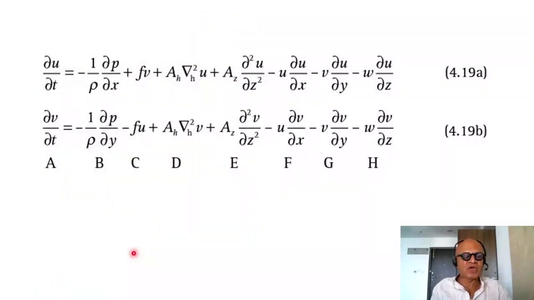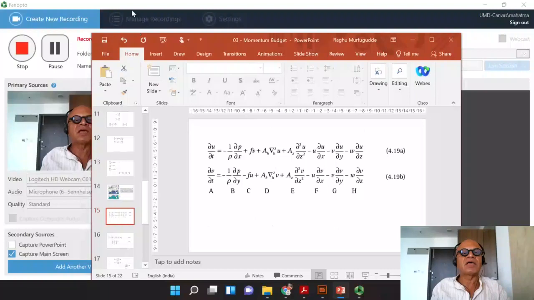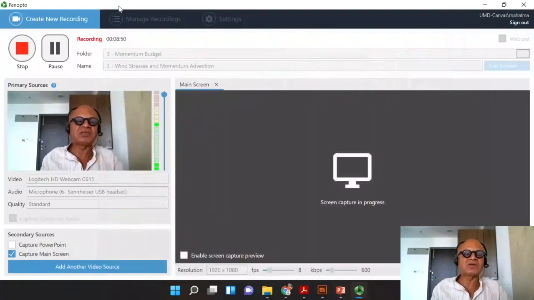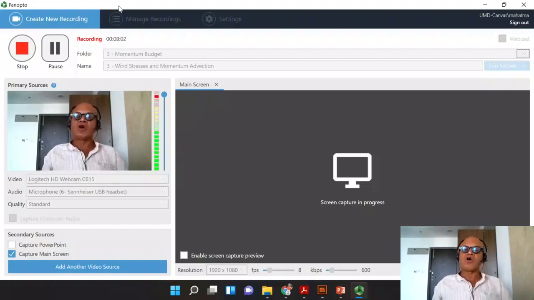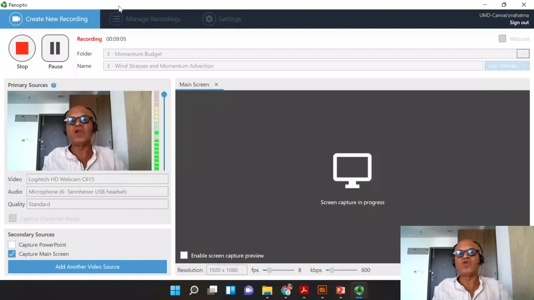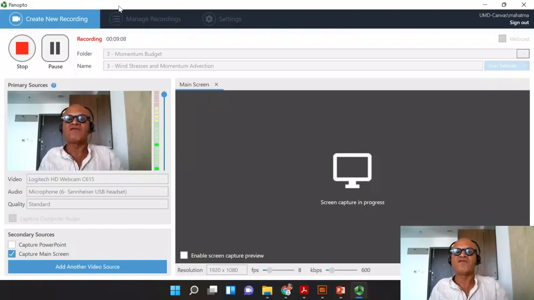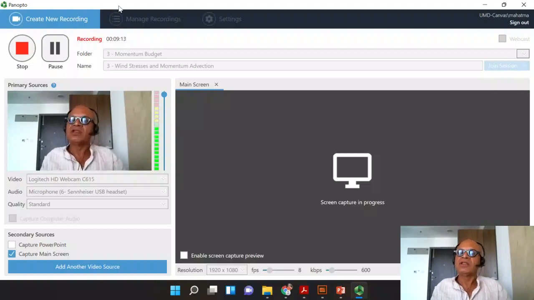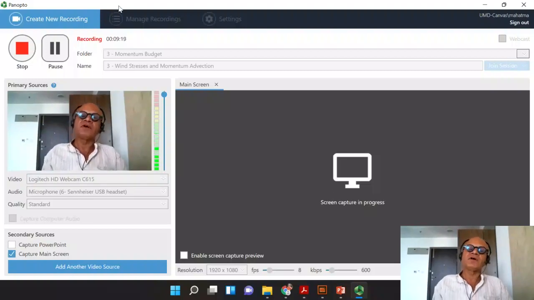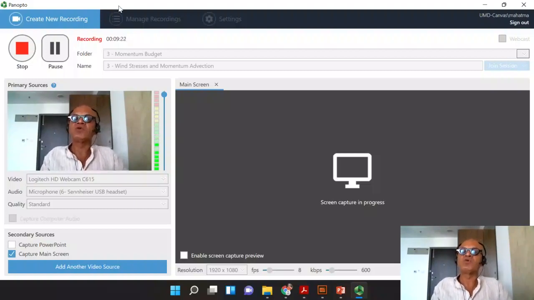So we'll come back and put together the equations of motion by combining the pressure gradient term, the wind stress term, and the momentum advection terms back into our Newton's law of motion, and that will give us the full nonlinear governing equations for momentum called the Navier-Stokes equations, which are nonlinear equations which cannot be solved analytically, so they have to be solved using computers, and this is why we end up with general circulation models,